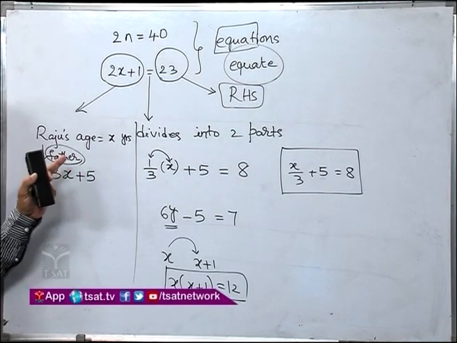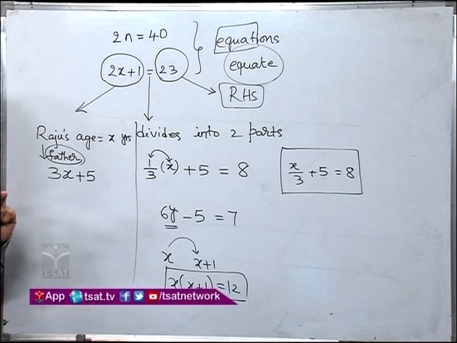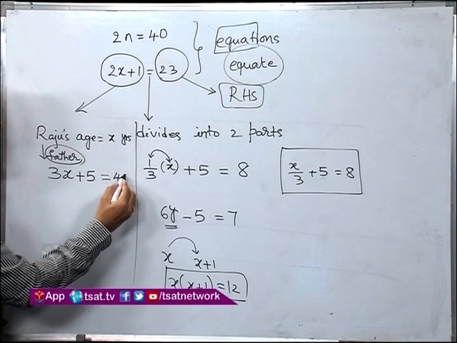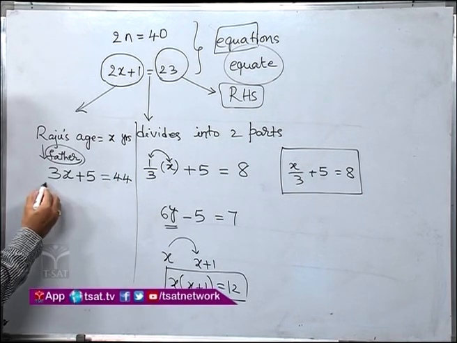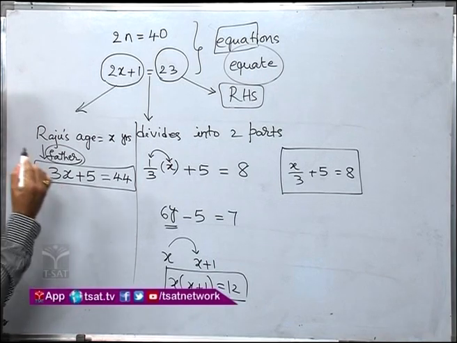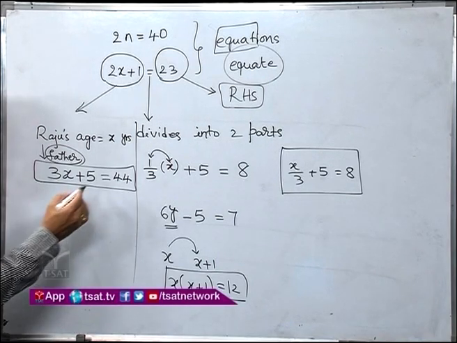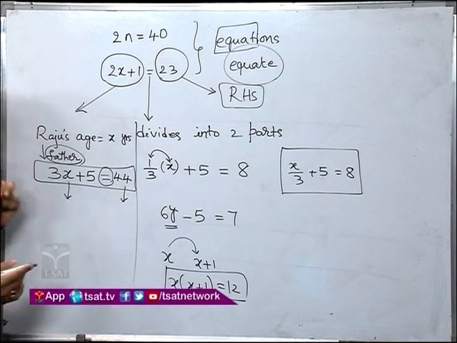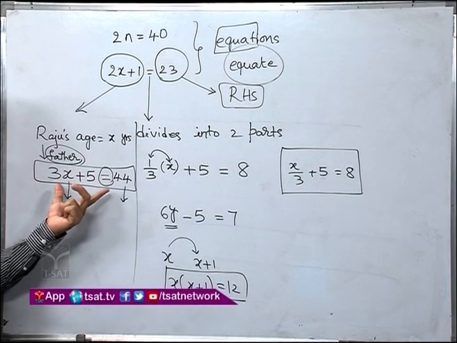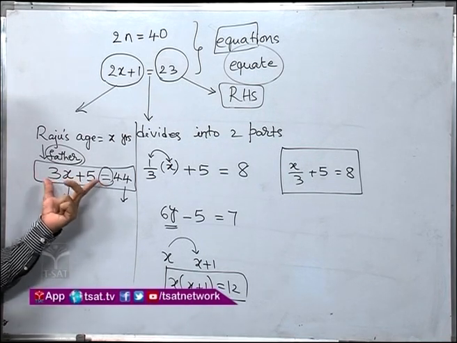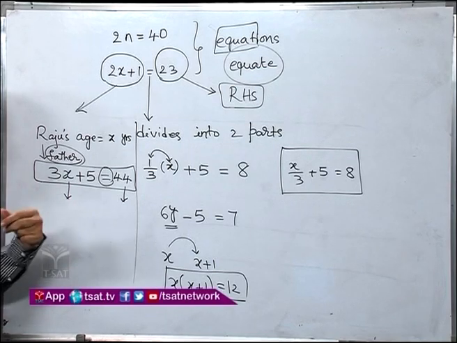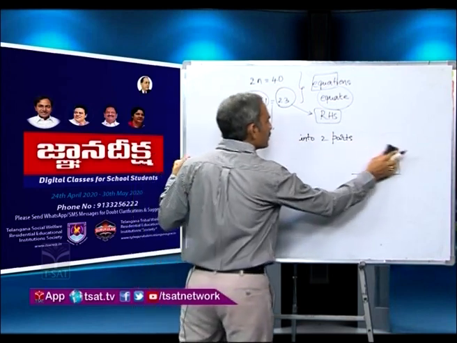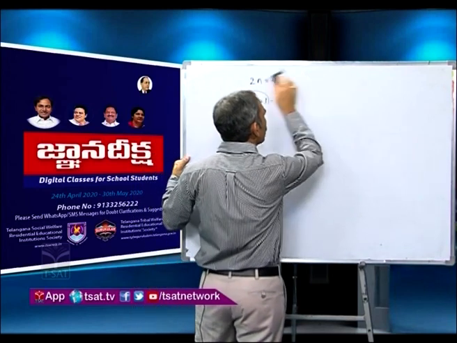Right. Now, in the problem it is given that his father is 44 years old. That means this value is equal to 44. That means here also we can form an equation, because we have the equality sign, here we have an algebraic expression, here you have a numerical expression. So, it fulfills all the conditions, therefore, we can call this an equation, right. So far we framed different kinds of equations based on the given statements, right, very good.